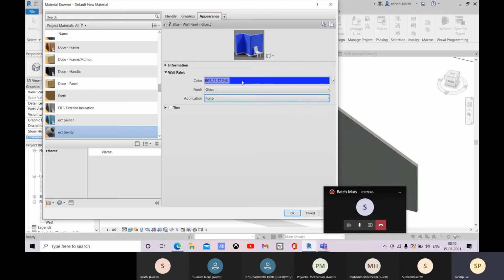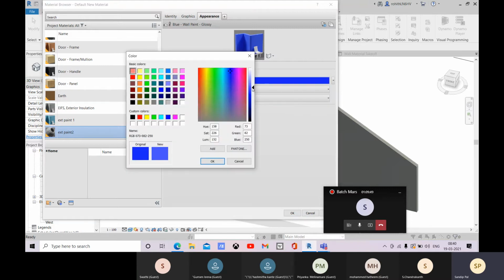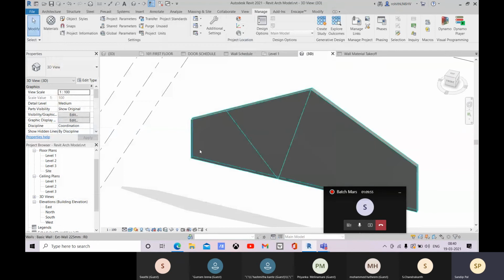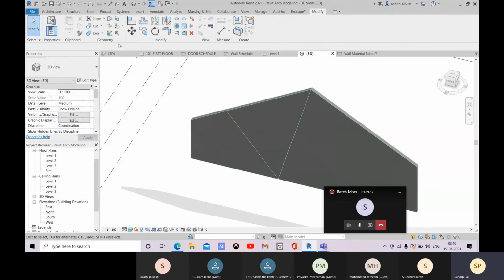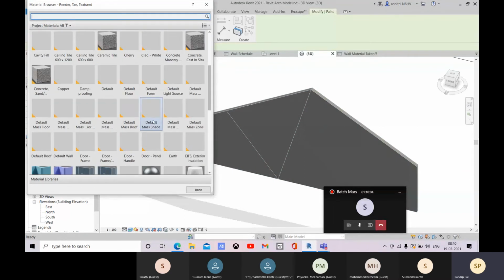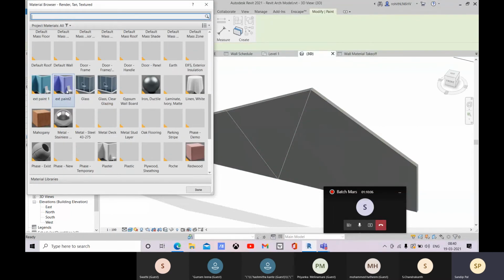You can change the colors from here. Let's go for OK, and now you come to this modify, and there you have this paint option, and there you choose that exterior. So here you have this exterior paint. Let me select exterior paint over there.